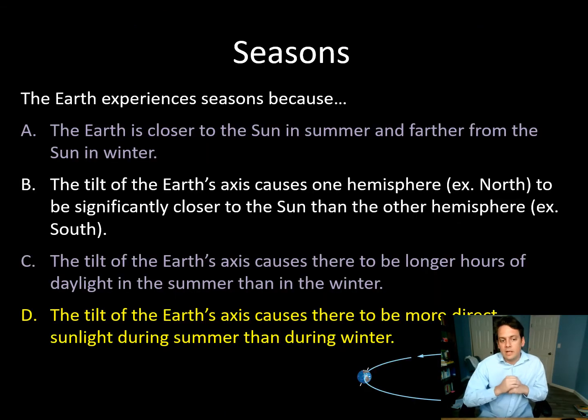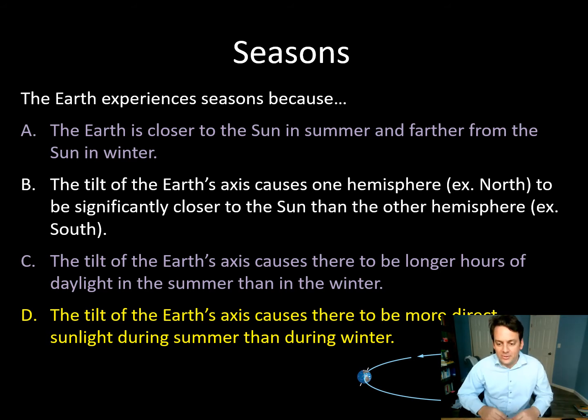So let's look at another answer here. The claim in answer A is the Earth is closer to the sun in summer and farther from the sun in winter. Now, this is a tempting answer, I think. I hope you weren't tempted too badly, since it's wrong. But you should pause for a second, and maybe more, because certainly we know that summer in the northern hemisphere is different than summer in the southern hemisphere, right? And so as a result, this answer couldn't possibly be true, because